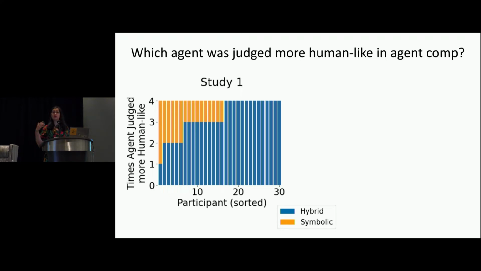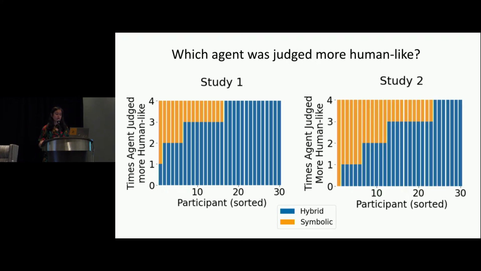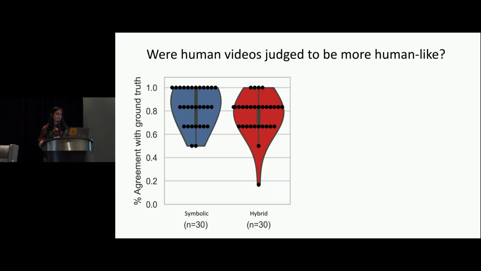And we thought, okay, they could be primed by the fact that they're seeing the hybrid a lot. So in this other one, we had human and symbolic compared to each other. And that turned out to be that still hybrid was the winner. This is the judgments compared to ground truth of hybrid versus symbolic, how human-like they were. And as you can see, none of them passes the navigation Turing test. So state-of-the-art 2020 agents that on benchmarks perform perfectly on navigation tasks do not pass at all, anywhere near passing the human-like navigation Turing test.